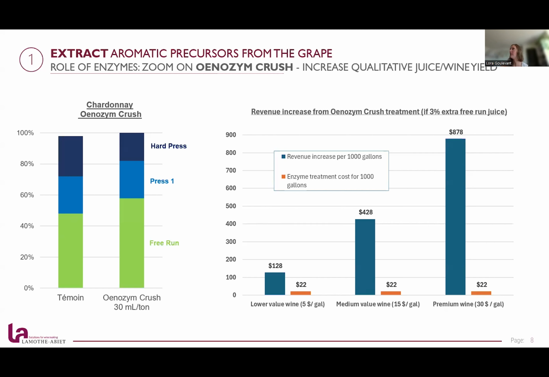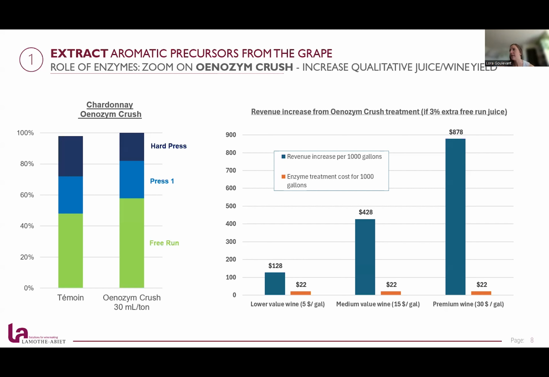So we've been just doing a little cost calculation where if we are able to extract 3% more free run, which is usually not a lot, usually using an enzyme crush, you can get from 3 to 10% more free run juice. So